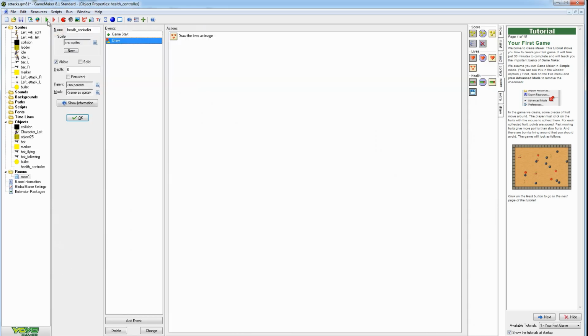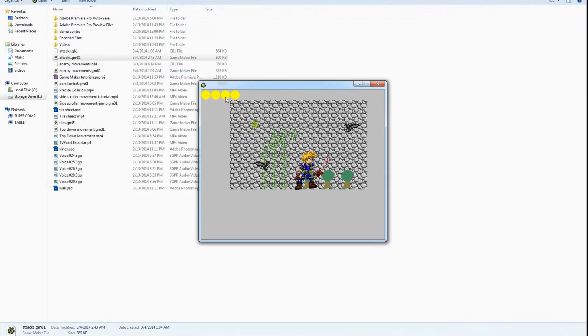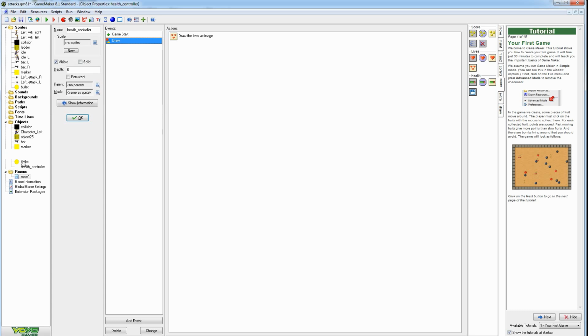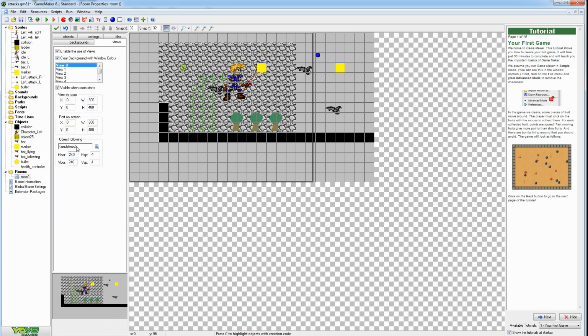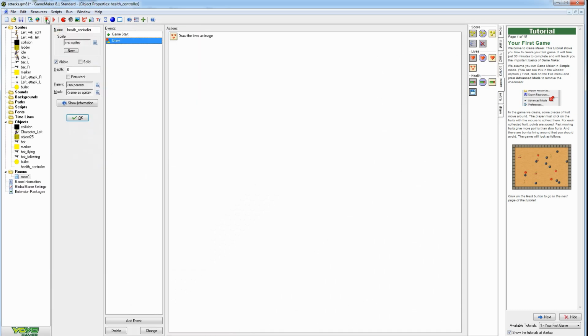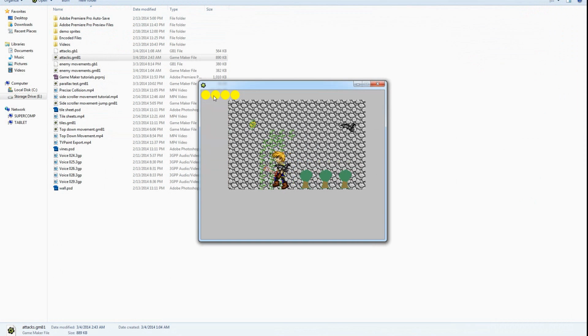So now if I check mark that and press play, it pops my 4 lives on the screen. And if I walk my character over, actually I need to tell the screen to follow him also. Back to the room, views, object following is the main character. Now it should work. Alright, so he walks over, and you can see that his lives are staying in the